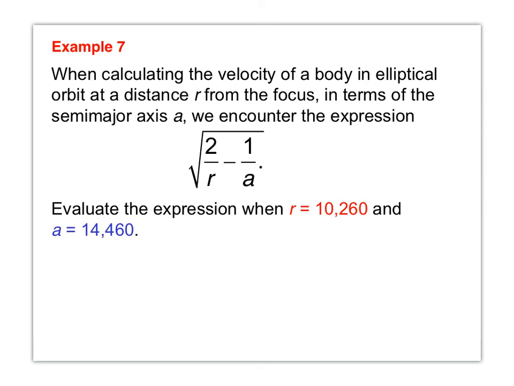Here's an example. When calculating the velocity of a body in elliptical orbit at a distance r from the focus in terms of the semi-major axis a, we encounter the expression the square root of 2 divided by r, where r is a distance from the focus, minus 1 over a, which is the semi-major axis. Let's evaluate this expression when r equals 10,260 and a equals 14,460. Let's use a calculator and plug in what we know. We have 2 divided by r, which is 10,260, minus 1 divided by a,